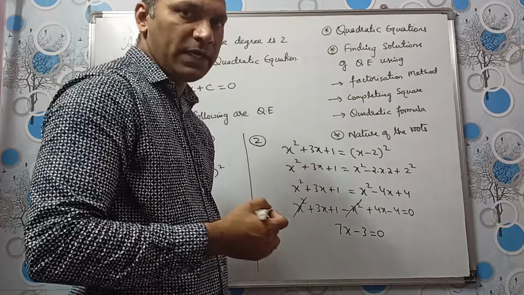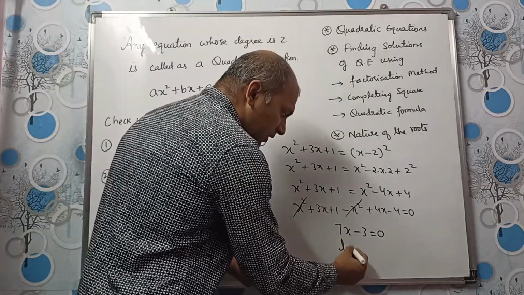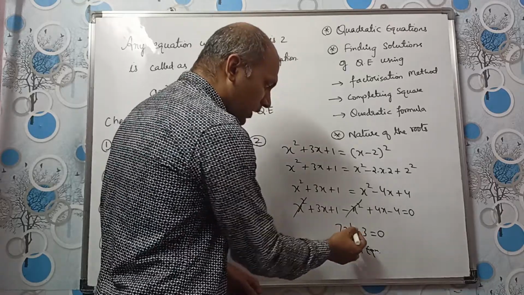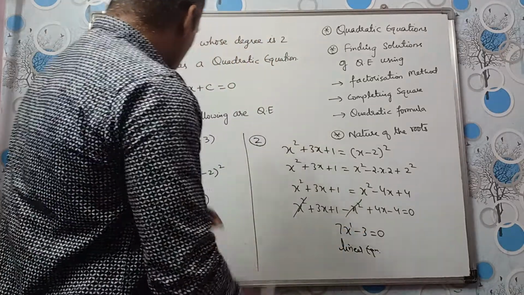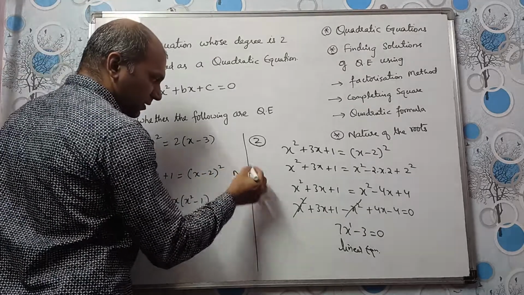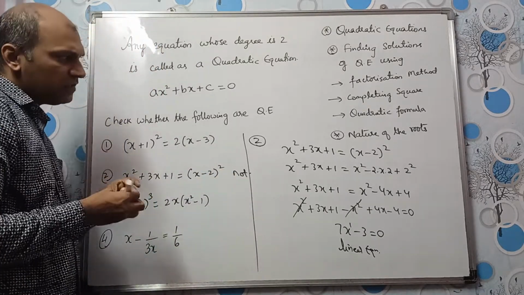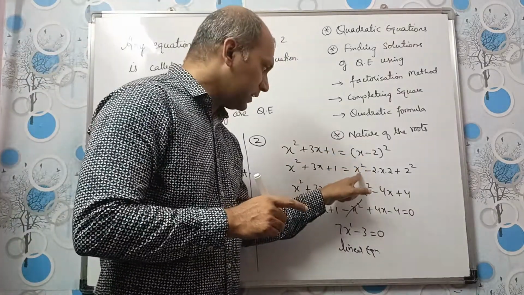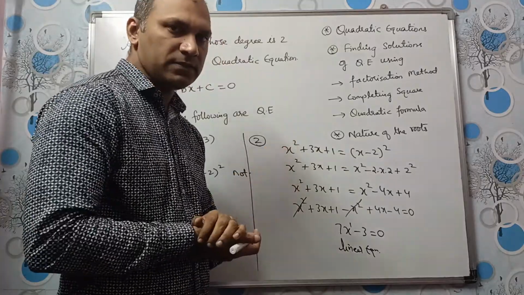It is not a quadratic equation, it is a linear equation, right? Why is it linear? Because the degree is 1. Okay. So is this quadratic? No, it is not quadratic. Alright. So if you have enough practice, after expansion, you will know that you will have x square here, right? That x square and this x square will get cancelled.